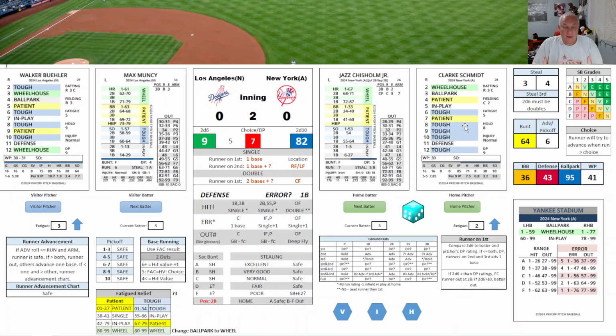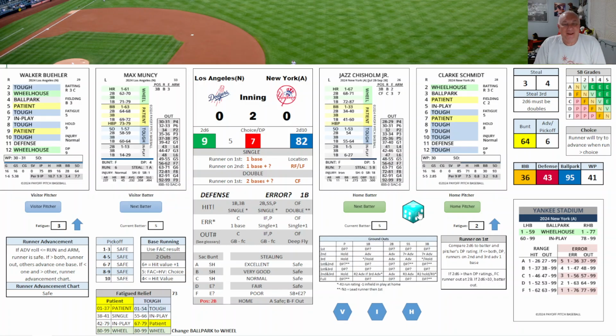And I think some of the APBA games or APBA Plus, I tend to call them more batter related because the results come off the hitter. And like home runs and things like that are really hard to prevent in those games. But in Payoff Pitch, the results start off the pitcher. And a pitcher could have a good reading and still get a bad result. Or the pitcher could have a bad reading. I could roll wheelhouse and still be an out. So they both have a really good balance in that. So that's what I really like about this. And I've played it a lot, and so now I'm comfortable with it. I've had this giant roller.